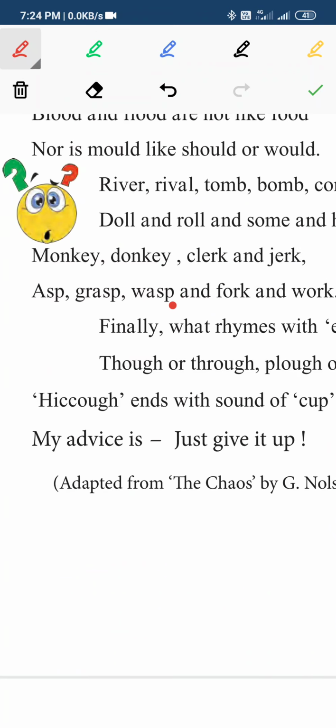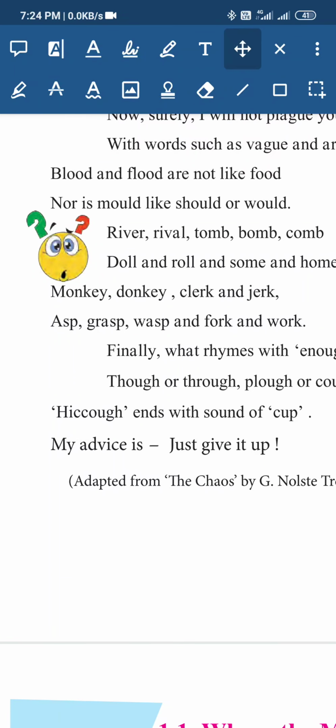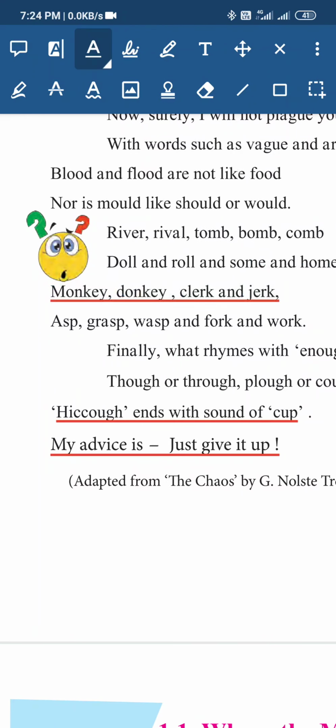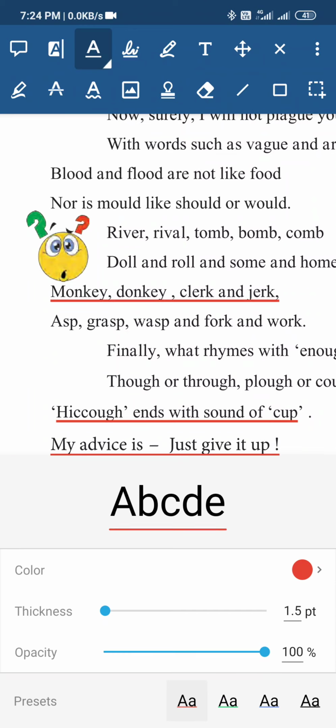You may also highlight any points by using the highlighter over here like this, and the sentences will be automatically detected and marked. There are various options here. You can select from color to the thickness of the line.